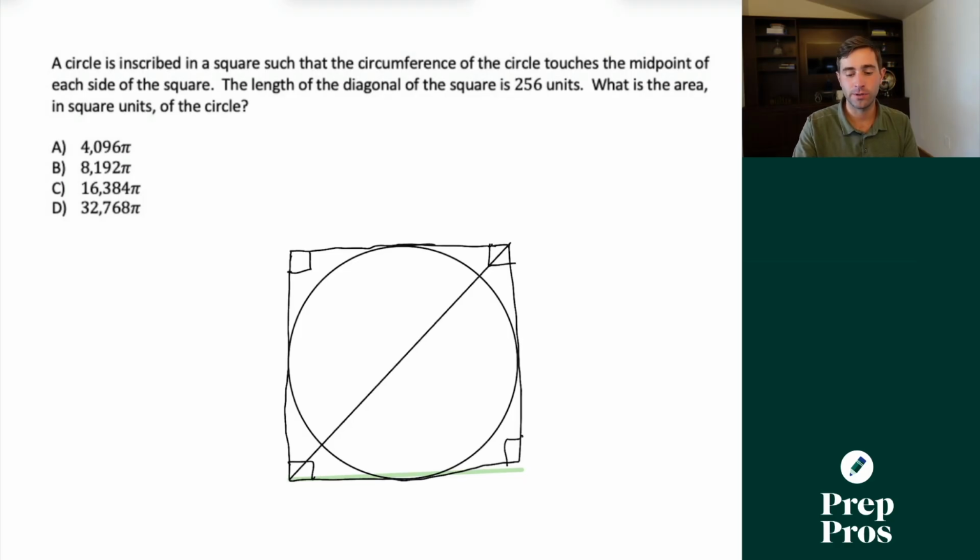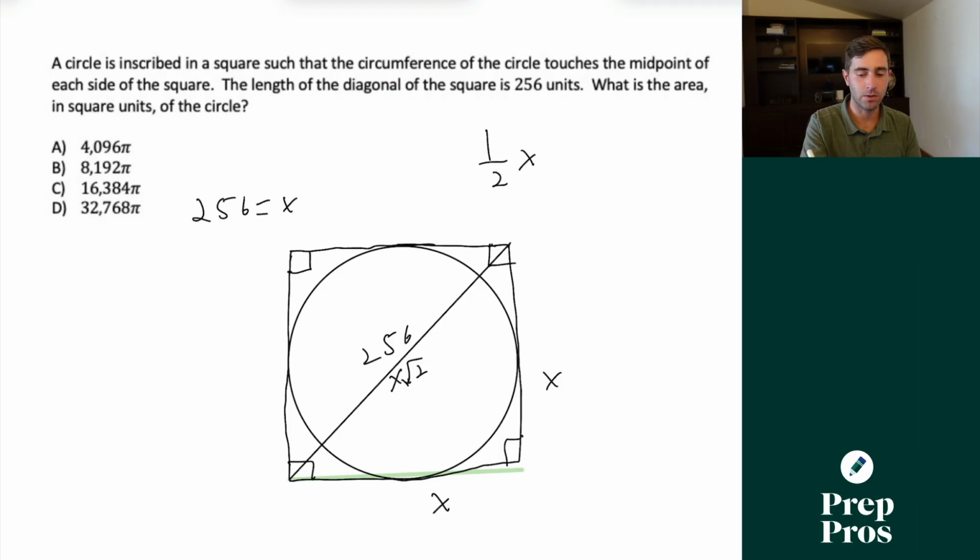This is going to be a 45, 45, 90 triangle, so this will be x, x, and that means our 256 is going to correspond to the x root 2 portion. So remember, we're looking to find 1/2 of the side length, or 1/2 of x. That's going to give us our radius, and then we can solve through for the rest of the question from there. So what we're now going to say is, okay, 256 is equal to x root